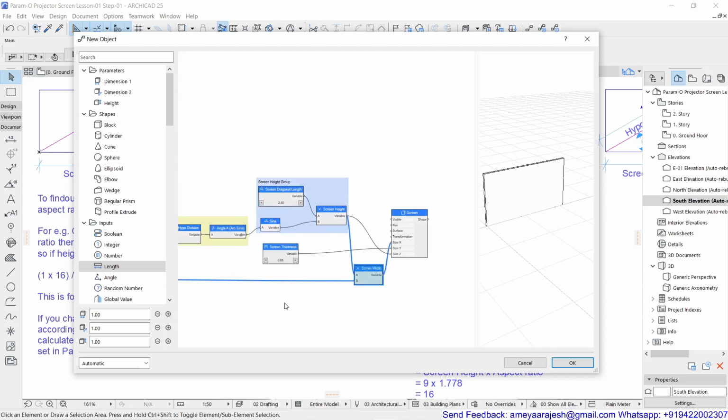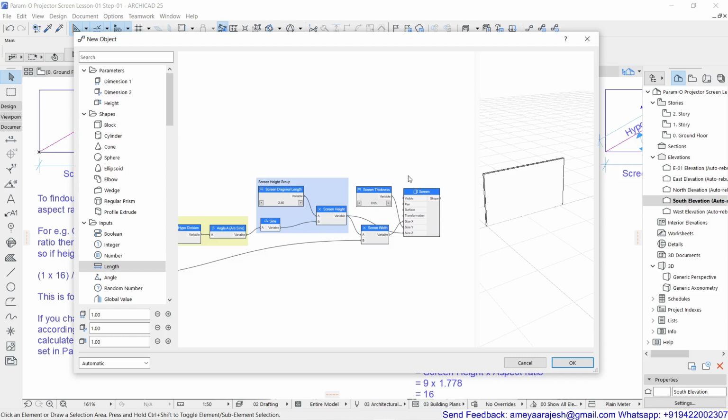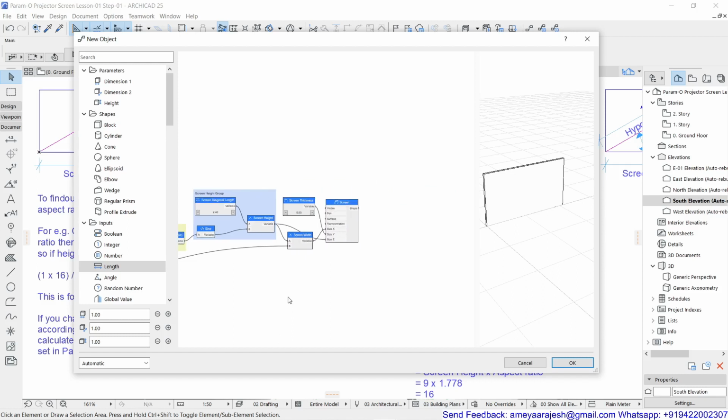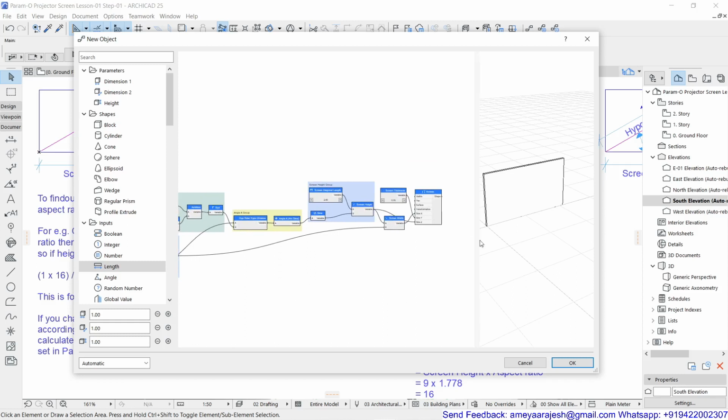Now, if you want to club these remaining three things and make a group of them, it depends on your convenience. If you are interested to define the group of these three to keep as your final screen product, you can. Otherwise, it's not a compulsion that every time you have to create a group. That solely depends on you. So let's try to save this, insert this and see how it works. So I'm going to say OK for this. When I say OK, ArchiCAD is going to ask me for a suitable name.